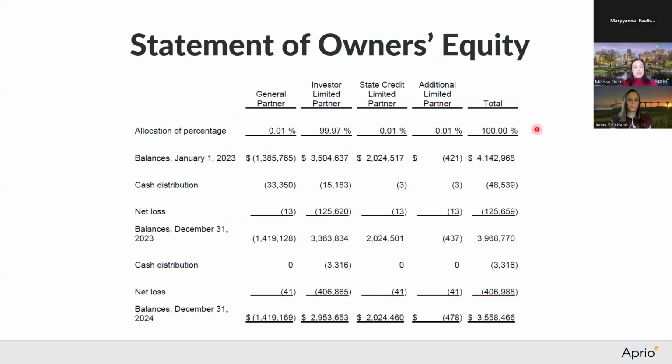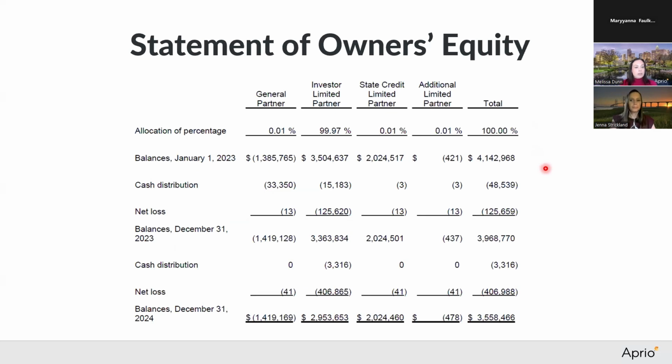You can think of this as a running tally of the partner's stake in the project over time. It shows how much money the owners have invested in the property, how much the property has earned or lost, and how much has been taken out by the owners. Kind of like a bank account for ownership. Money goes in, earnings or losses change the balance, and then withdrawals reduce it.